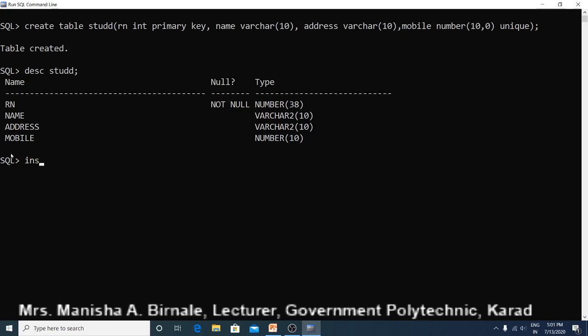Now let us insert a record. Insert into table name values. Suppose roll number is 1, name, then address and mobile number.